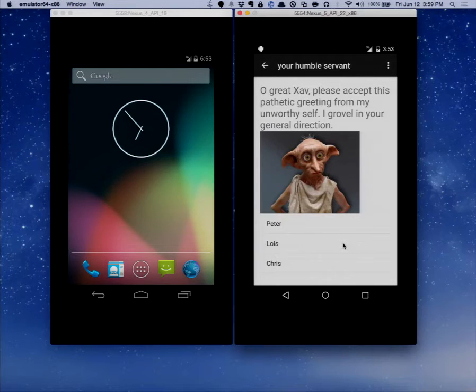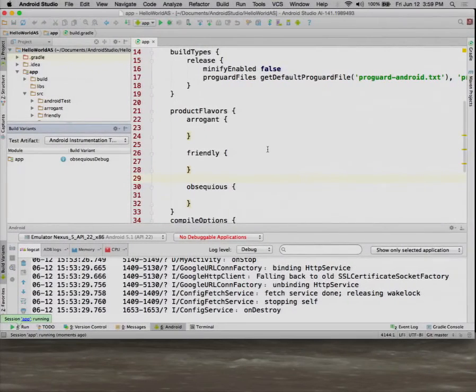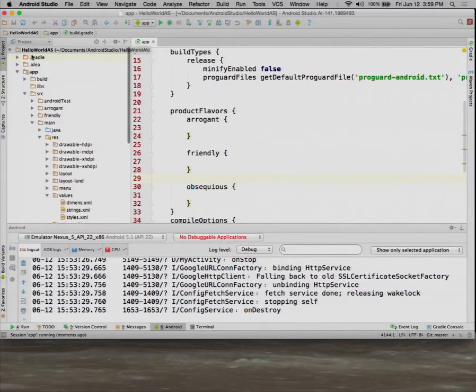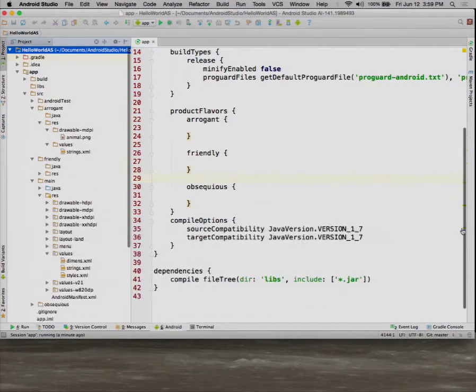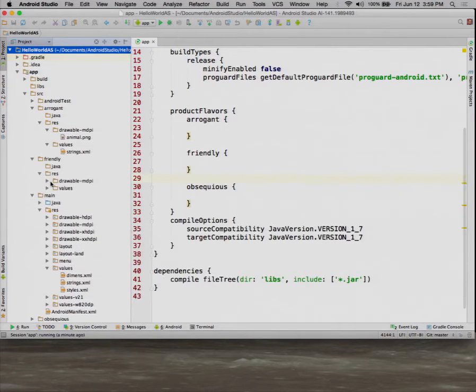Okay. Now, the part you don't know, and what's interesting, is how does this actually work inside my project structure? I have a separate folder for arrogant resource values, and there's the animal PNG, and the same thing under friendly. Let's get this out of the way. Res. And there's my drawable, and I'd have the same thing for obsequious.